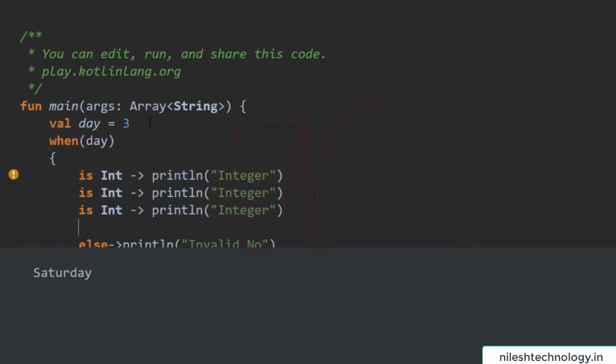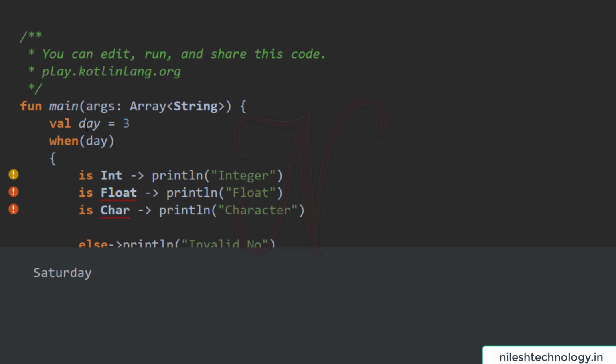Same here, is Float, is Char, Float, Character. So here the type of day is integer, so that's why this is an error.